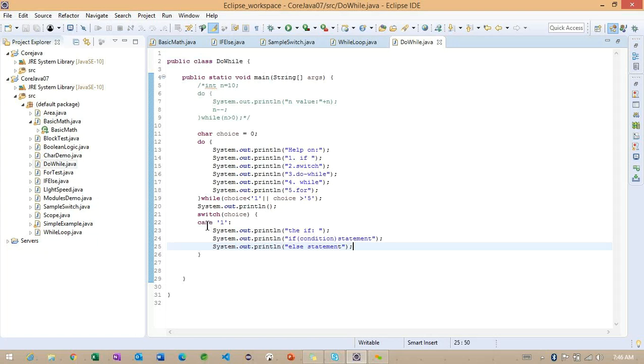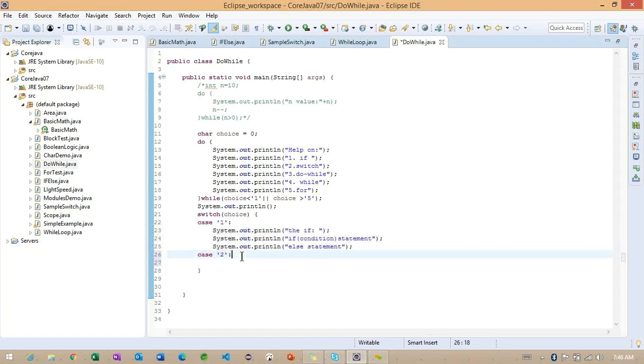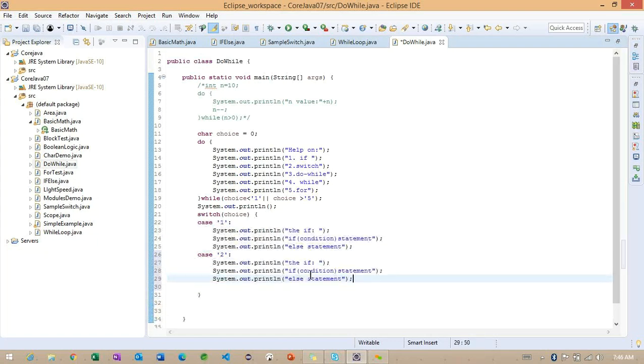In the same way, we can define the switch case. Case here second. What we can do here, I just want to copy all the information. The switch, right?